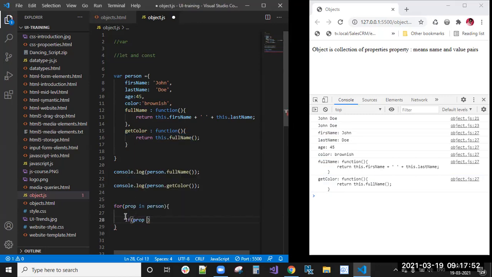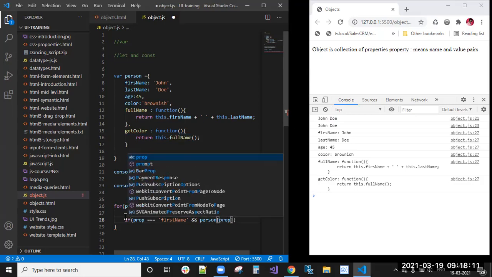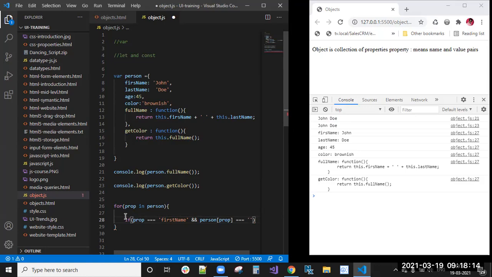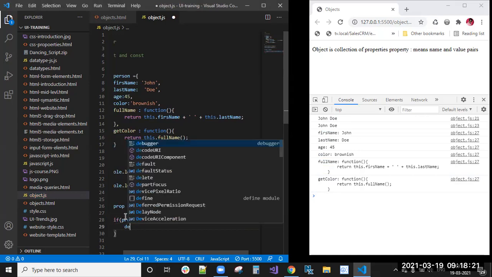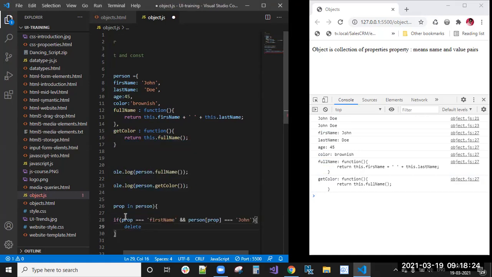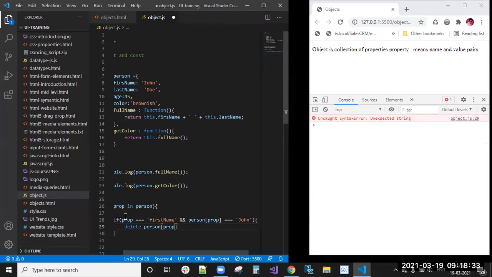If prop equal to first name and person of prop equal to John, then delete person of prop. So that is deleted.